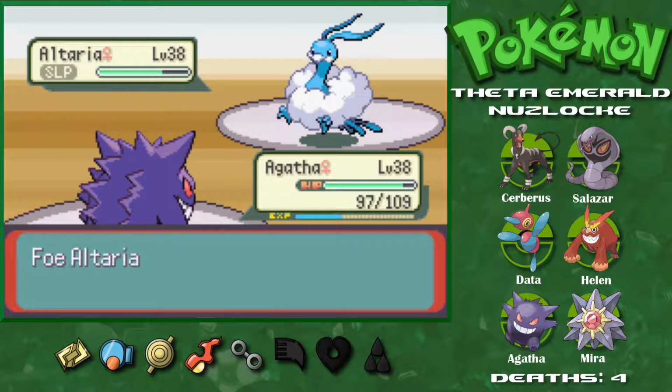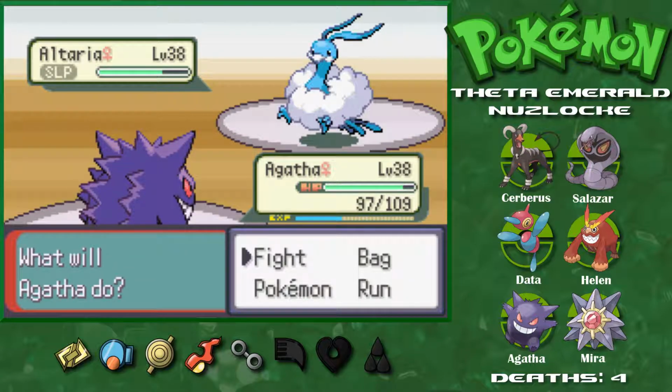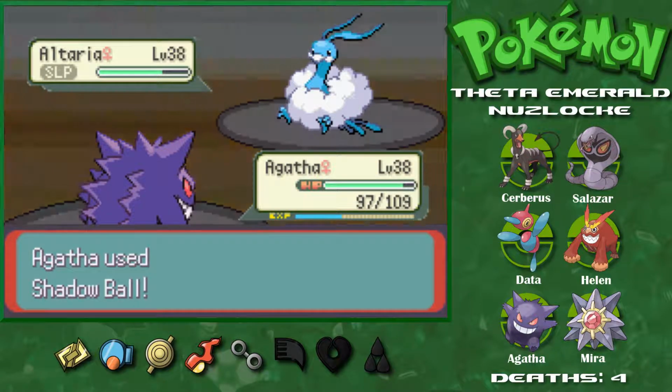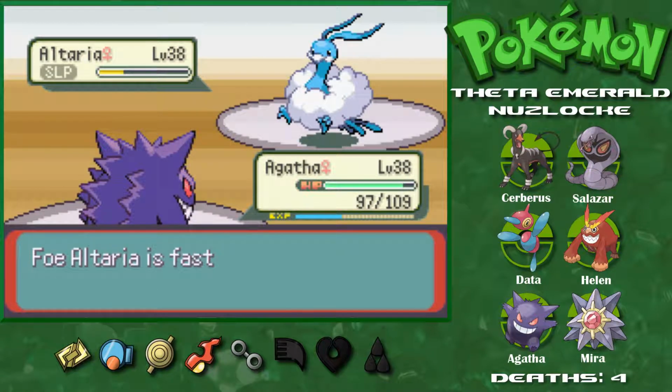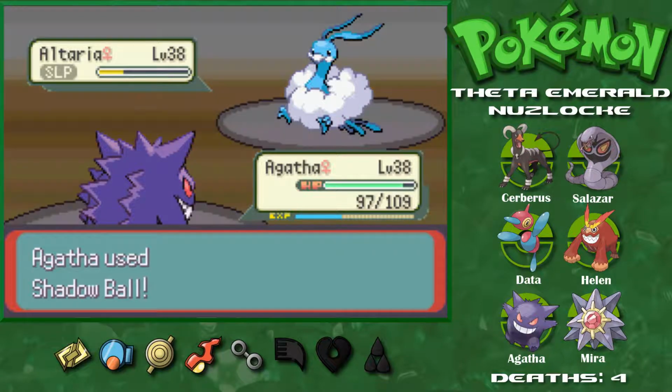And you know what? Now that I said that, Altaria is not part Fairy. Its Mega Evolution is Dragon and Fairy. Right now, it's just Dragon and Flying. I kind of forgot that Altaria was not one of those retcon Pokemon. Anyways, it's still asleep, so we're going to hit it with one more Shadow Ball and finish it off, and